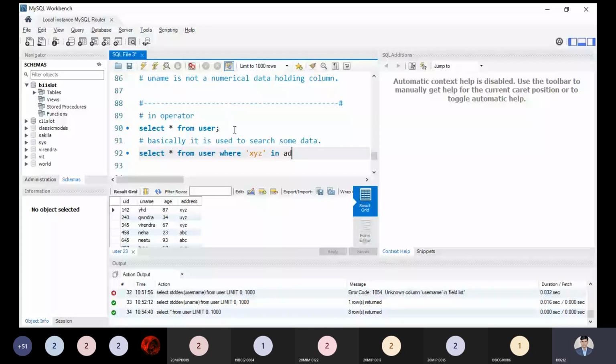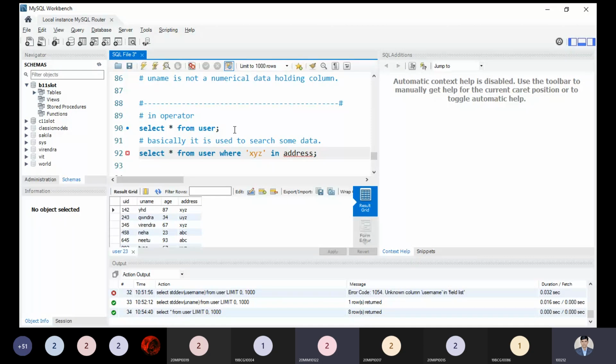This will be our syntax. We have to choose the address part over here. The in operator is basically a simple concept. Let me recall the syntax: select star from user. The syntax is correct to the best of my memory.